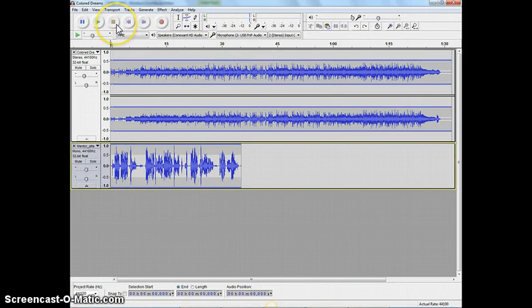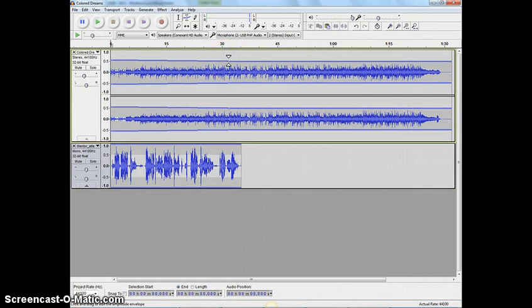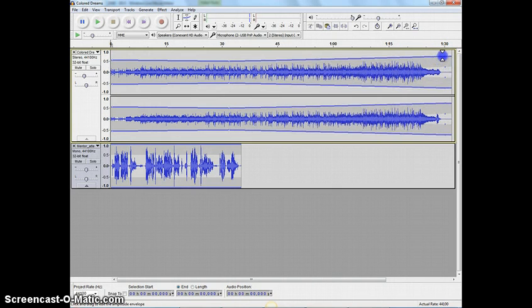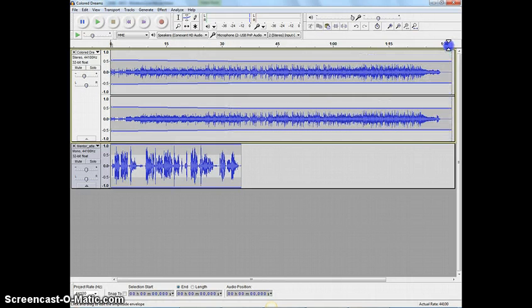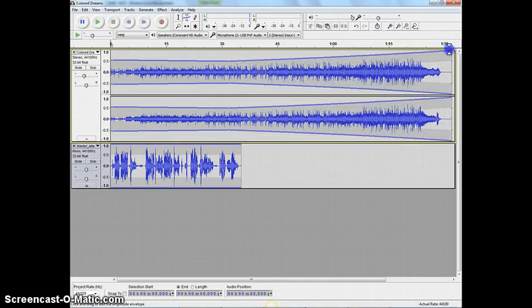So, stopping my audio file, I'm going to make sure that the envelope tool is selected again. I'm going to click before she's finished speaking, and then I'm going to click down toward the end of my music file. Now with this, I can pull this up, and this means the volume is going to gradually increase. So we have some filler music to emphasize the rest of the video and to give us a really nice all-around feel for the playlist and for what she's